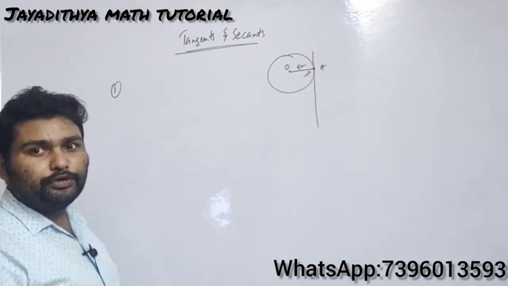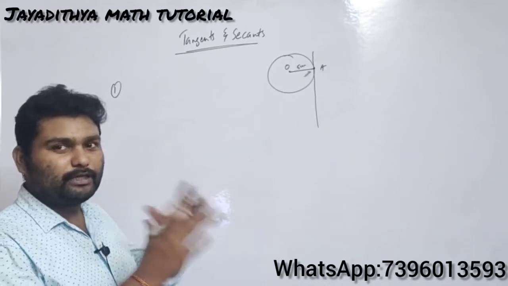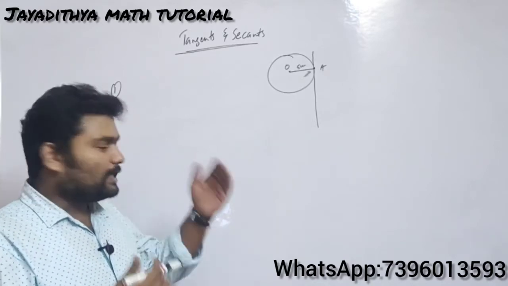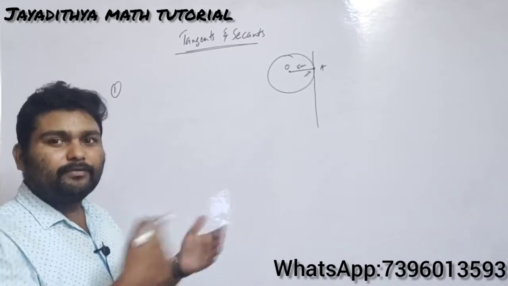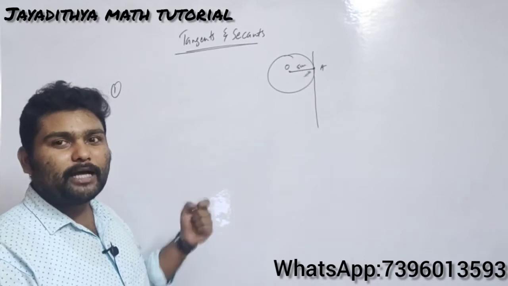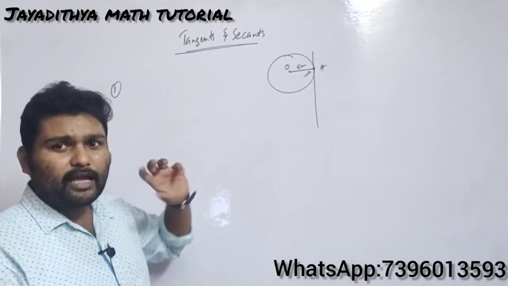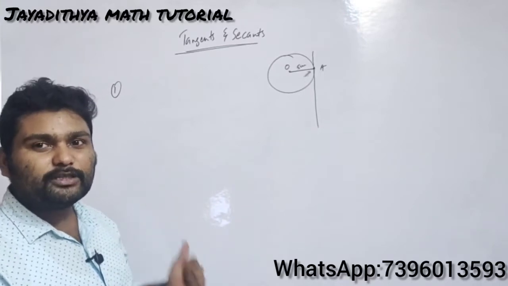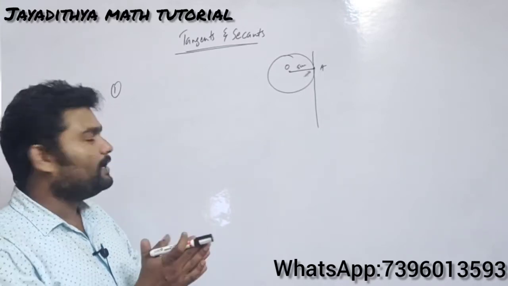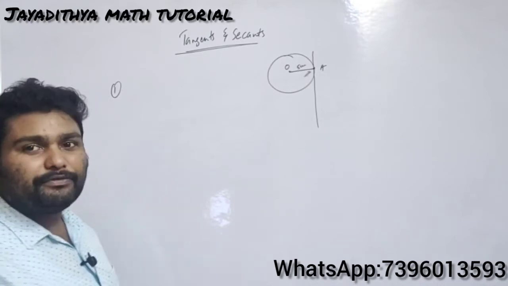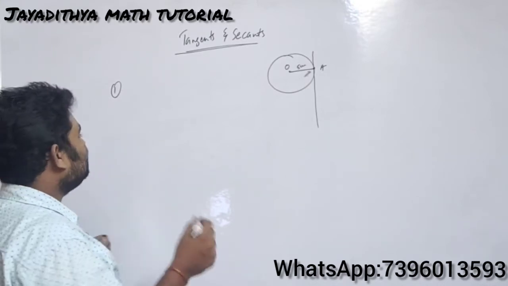The first thing you need to do is, see here, I don't have apparatus. Actually this is a lockdown time, otherwise I would have bought that. So that's why this chapter I am explaining in the last order. Actually we need to explain this one first, but due to the apparatus deficiency I am explaining it last. Even the similar triangles concept also has constructions. That's why I have stopped these two chapters and I am explaining these in the last. Actually these are very, very important chapters.